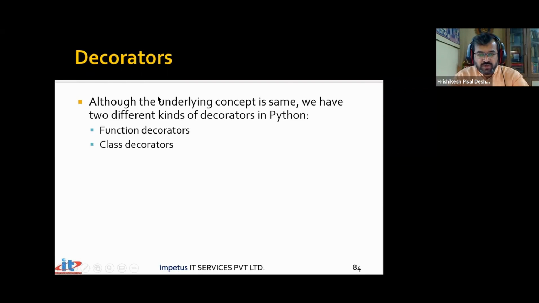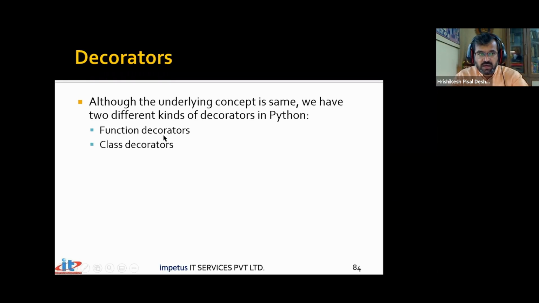So let's understand how these decorators can be put to use, and how the new syntax of using decorators makes things much simpler. There are two types of decorators that we come across. The first is function decorators, and the other is class decorators. We will be focusing today only on function decorators. Later we will talk about class decorators, once we are aware of the concept of classes.